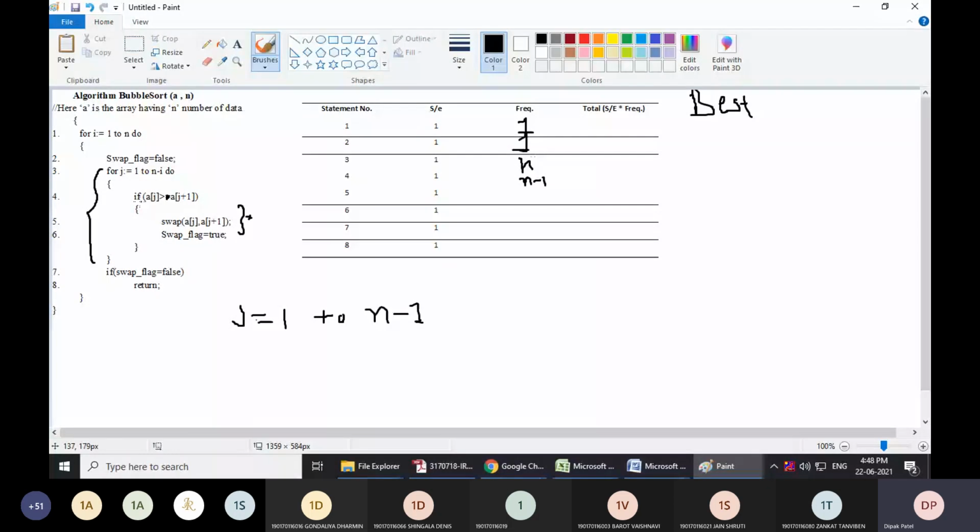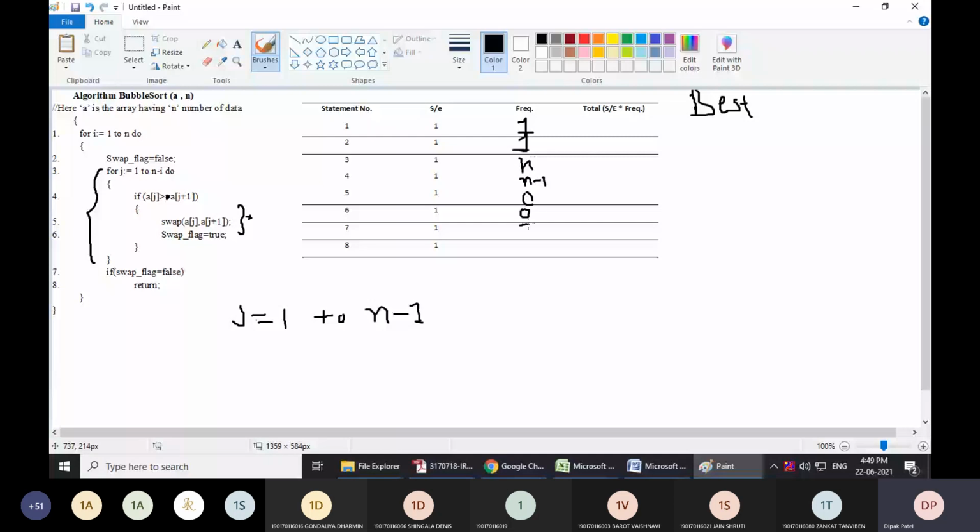Now the fifth and sixth statement, as we are executing this for base case, we assume that this if condition is always false, and that's why fifth and sixth statement will be executed 0 times. They won't be executed. Okay. Now the seventh statement, वो सिंगल टाइम एग्जीक्यूट होगा एंड रिटर्न सिंगल टाइम एग्जीक्यूट होगा.